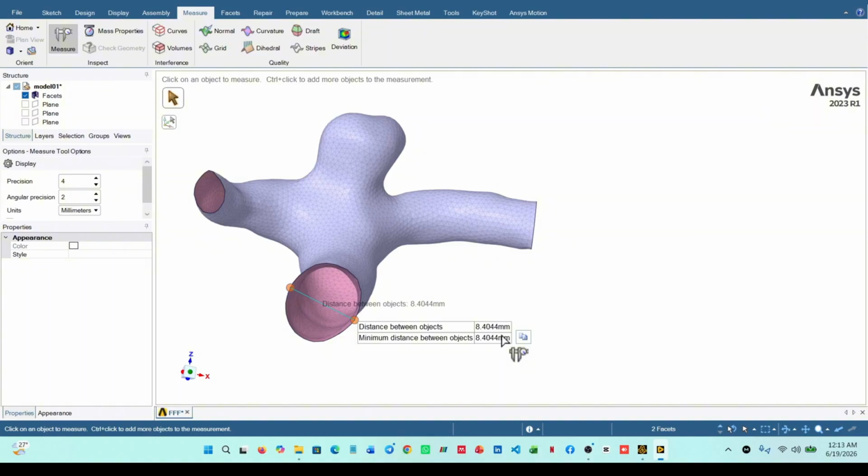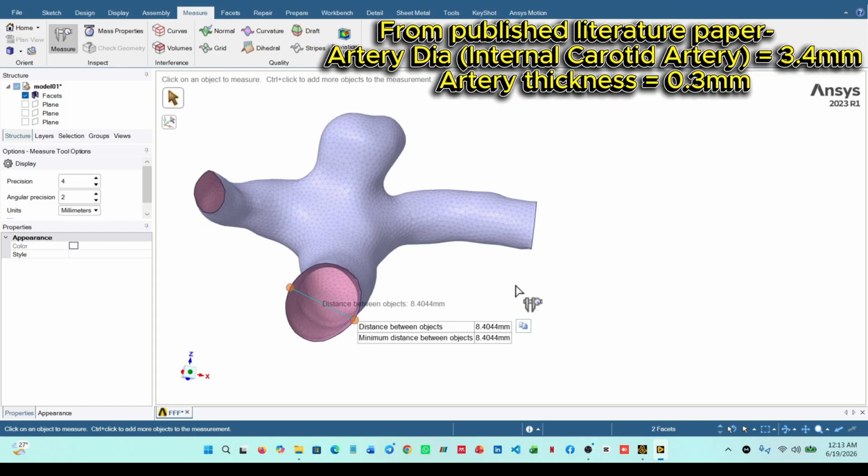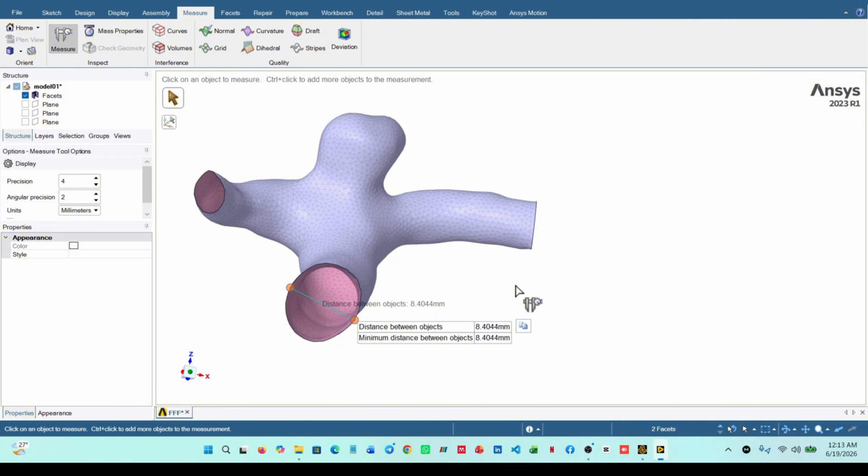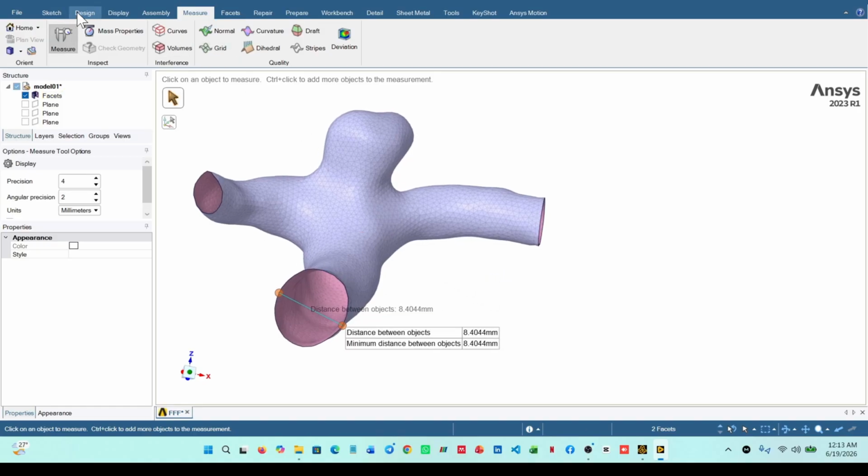So you will have to scale it down to the actual dimension, and you can take the dimension from published literature paper. So I have taken a dimension of the artery diameter from a published paper, which is 3.4 millimeter, and the thickness of the artery wall is 0.3 millimeter. So you will have to scale it down, and for this